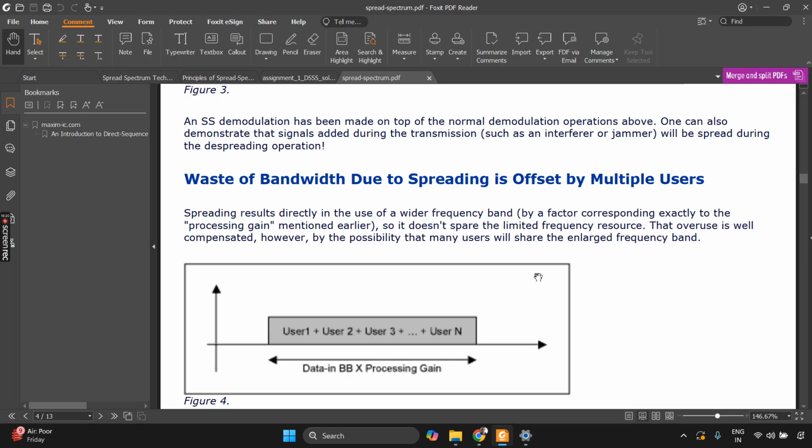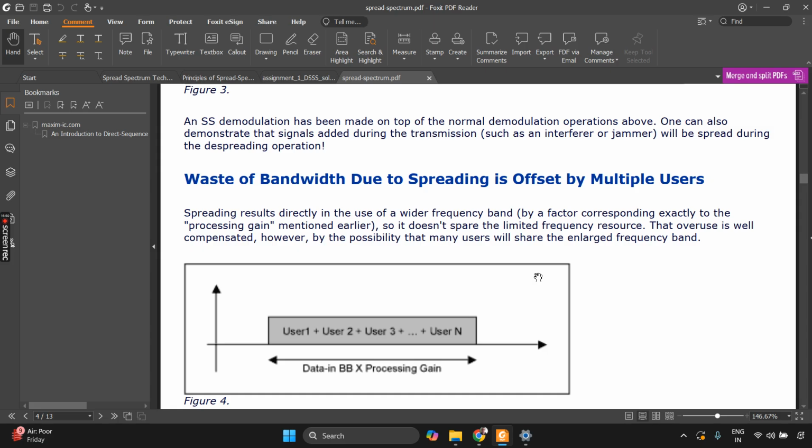We are using a large amount of bandwidth to transmit a much lower amount of data. We cannot justify that because bandwidth is a limited resource. But there is one compensation which can be offered as a justification, and that compensation is